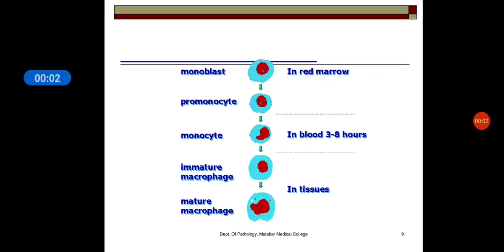This is the maturation series for a monocyte. You start with monoblast, promonocytes, monocytes. Once it reaches the peripheral blood, they mature into a proper monocyte, and they can even get into the tissues. Once it reaches the tissues, it is called as